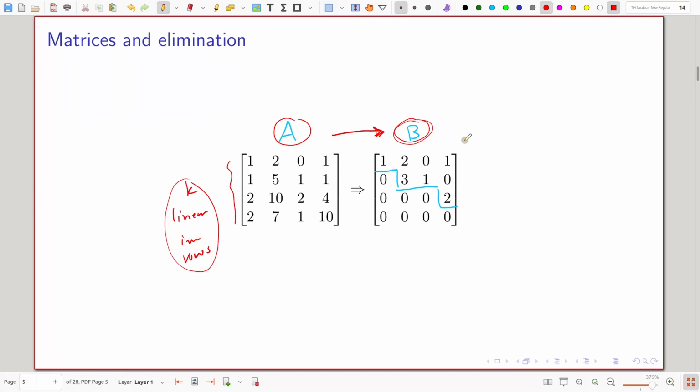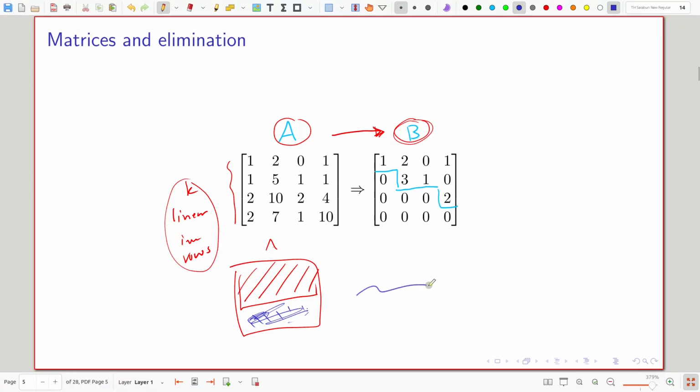Let's think about it. This is A, and these are the linearly independent rows, and we have some linearly dependent rows. The rows down below are linear combinations of the top rows. To get to B, we just take some of the rows, add them up, and multiply by something.